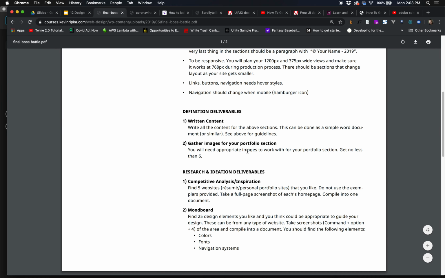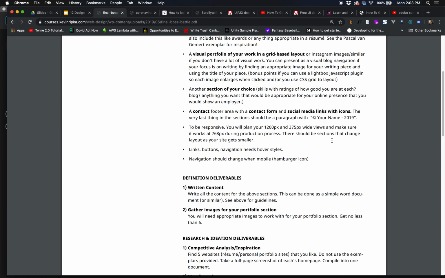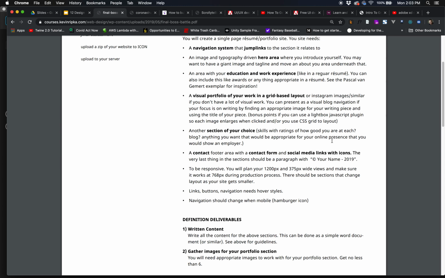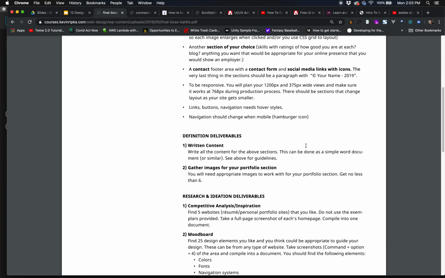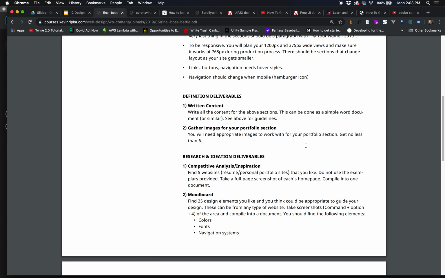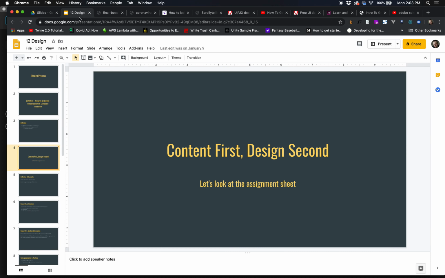Next, you're also going to have to gather some images for your portfolio section, right? So you need no less than 6 images in the portfolio section. Now, the portfolio section can be as simple as card design, where you have like the image and then some text underneath it, or it could just be the image itself. And it says right here, bonus points if you use a Lightbox JavaScript plugin, so each enlarges when it's clicked, right? So that's one of those things where you click on an image and it comes up bigger. You could always do something like that if you want to take the challenge to do that. I'm not sure if Webflow does that. It probably does, I'd imagine. Okay, let's go back to our